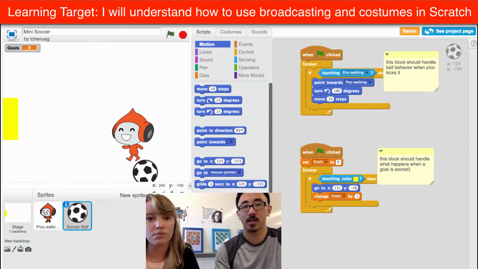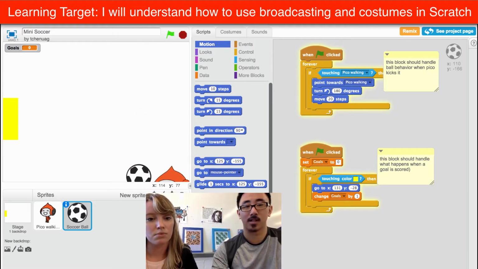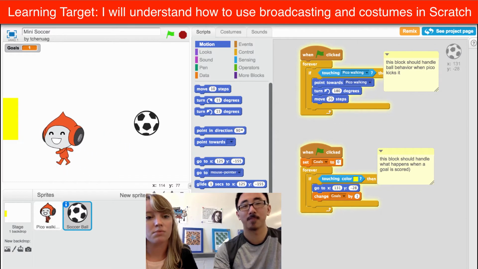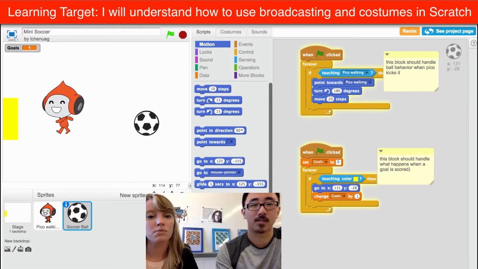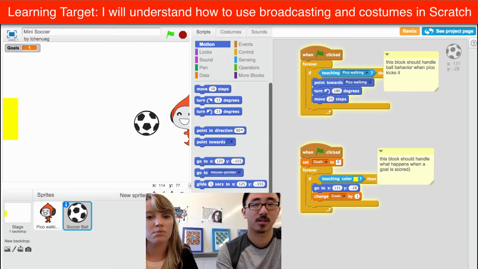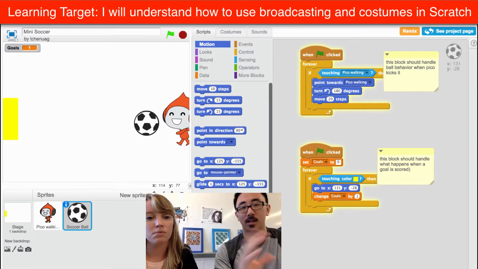So here we have, it's not running, a game where Pico, you can kick around a ball, kind of push around the ball into the goal. And once you do so, it will reset the position of the ball. However, we also want to reset the position of Pico so we don't have to position him back behind the